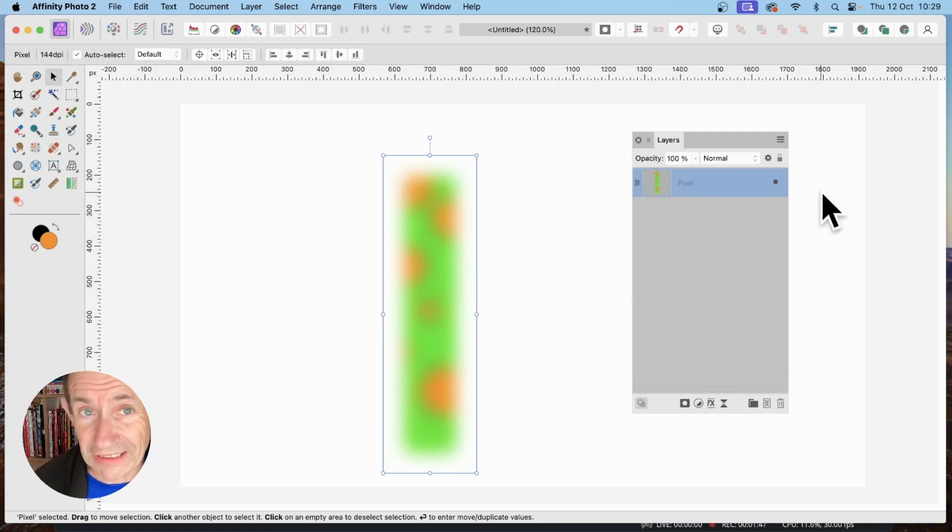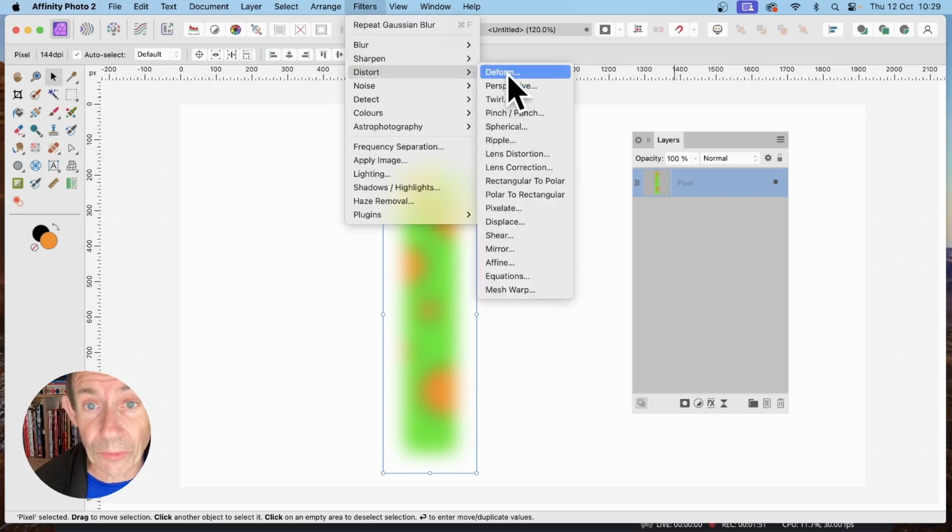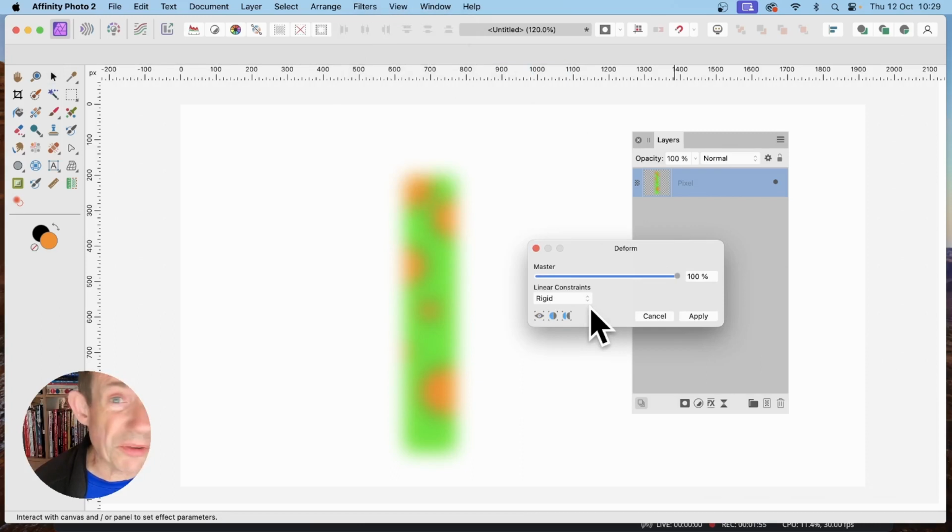It's a pixel layer and filters, distort and deform. I'm going to go with rigid. You could use similarity, but it creates a different effect. But I'm just going to add some pins, and you can add them all the way around. Just add them here, there, and what I can then do is add another one, and now I can just